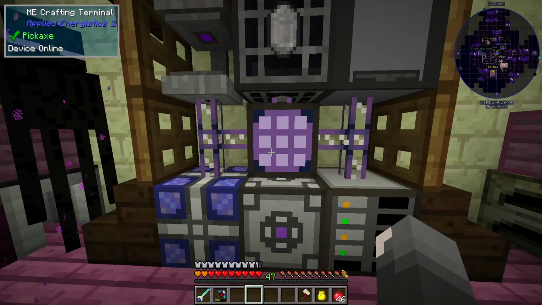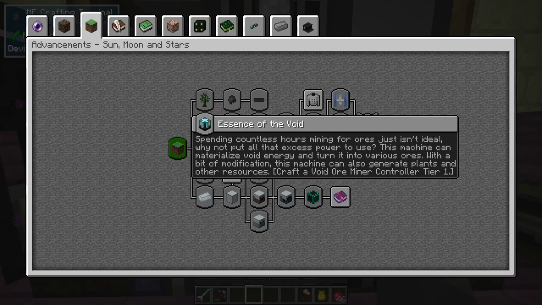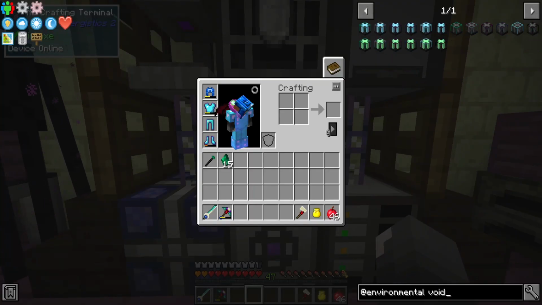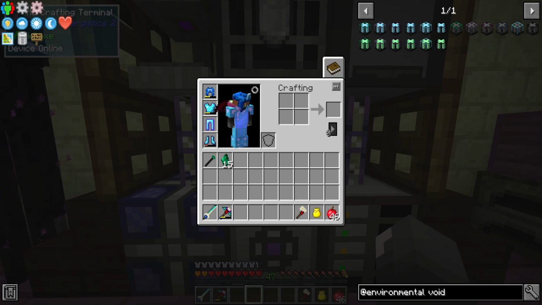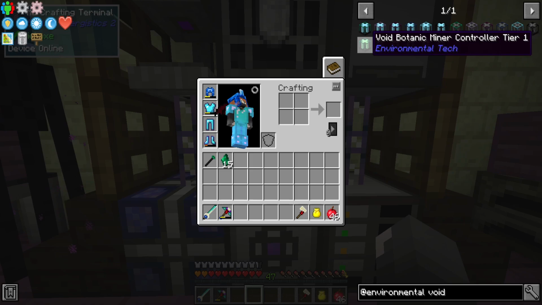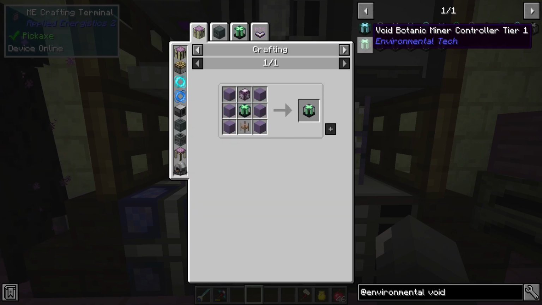Alright, 15 is not going to be enough, but we're going to see how far we can get. So, what I want us to do is to craft a void ore miner controller tier 1. So there's different types. You have a resource miner, a botanic miner, as well as just the void ore miner. Now we're going to go for the void ore, but I am actually interested in what we can do with the